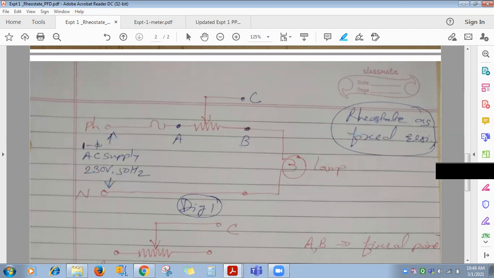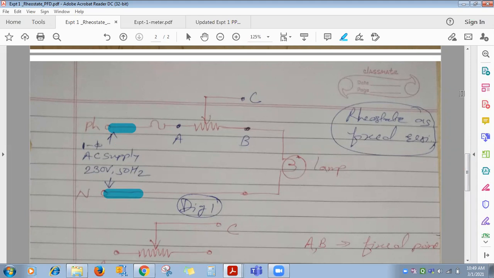Okay. Now, what do you mean by overload? Overload means load on the system beyond its capacity. Load on a motor beyond its capacity, or load on a generator or transformer beyond its capacity, is called overload. Okay. What do you mean by short circuit? Suppose this is the phase wire, this is the neutral wire. They are insulated and they carry current. By mistake, if the insulation of this phase and neutral gets damaged and they touch each other accidentally, then what will happen? Short circuit will be there.